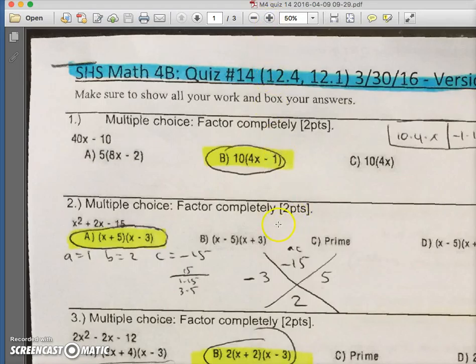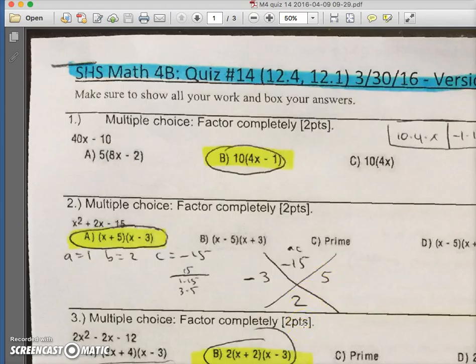Question number 2, factor completely. So now I have something to the power of 2, so then I'm going to identify my a, b, and c. My a value is in front of the x squared. My b value is in front of the x, and my c value is whatever is over here. That's a -15. We did something called the x box method. You take your a and your c value, which you multiply them, put it on the top, -15, and your b value is at the bottom, that's 2. Now you need to think of two numbers in which you multiply to be -15, but two numbers you add to be